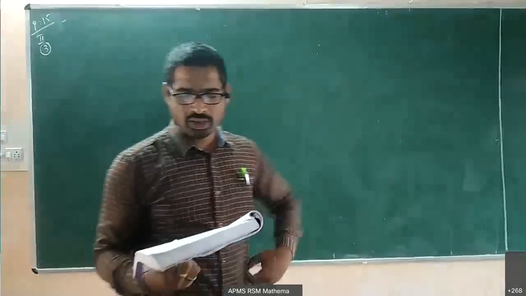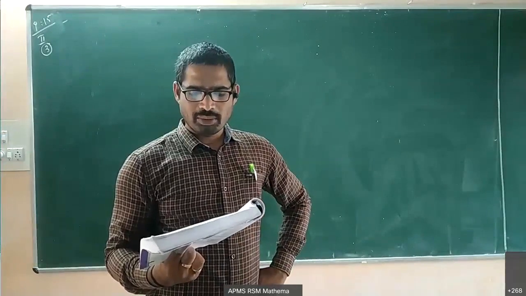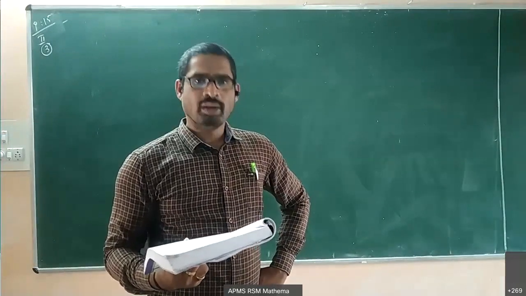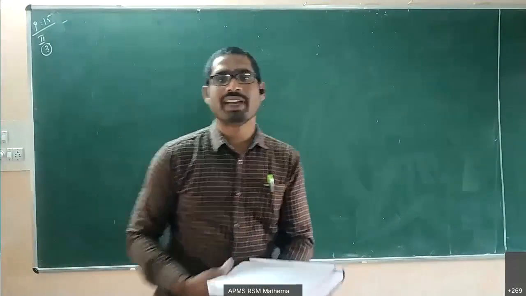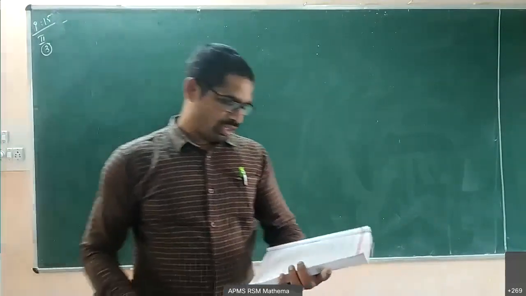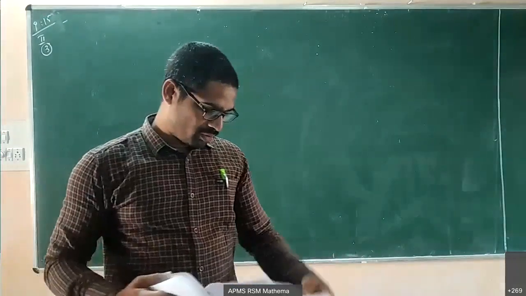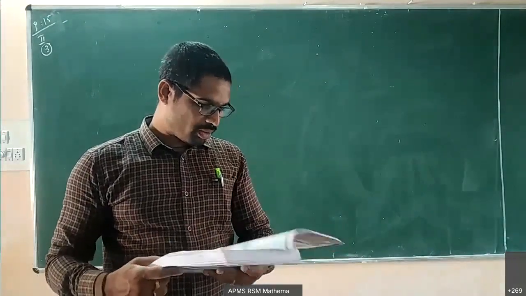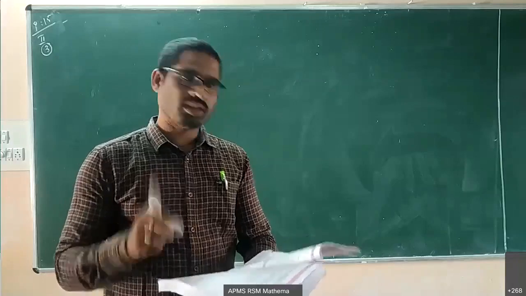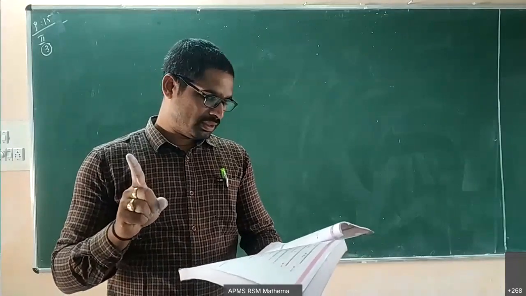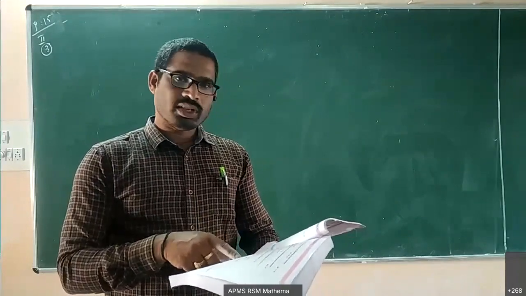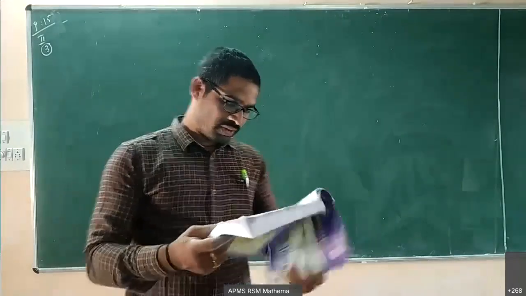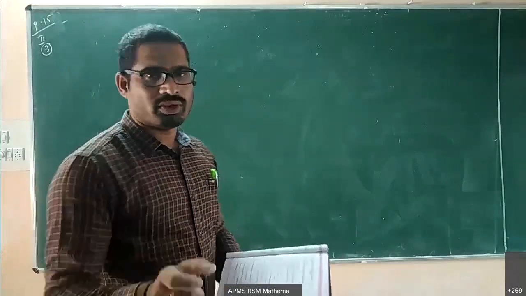Second bit in third problem. Write a plus ib by a minus ib whole square minus a minus ib by a plus ib whole square in the form of x plus iy. I think you can do this problem yourself if you try, because these type of problems Ramesh sir has discussed in first Roman first bit. First Roman first column, the very similar problems are there, so you can solve yourself. I just write down the problem for you, so you can solve at home.